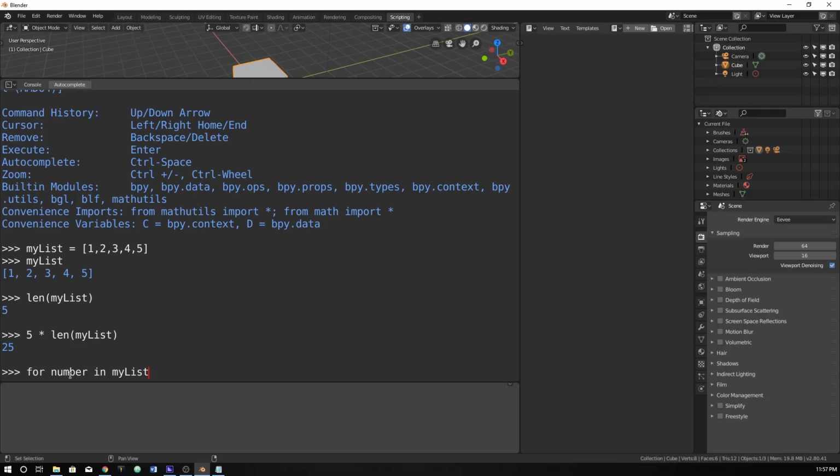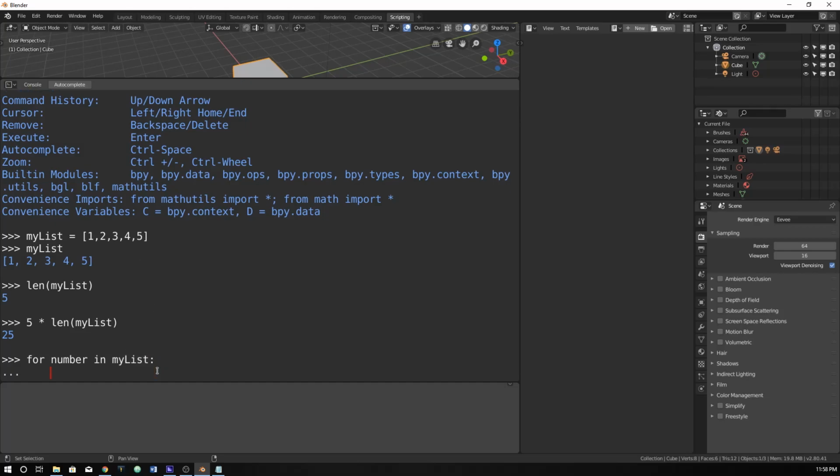We're just saying there is going to be a variable inside of this. So we're going to name this number, each one of these numbers, and it's going to increment and go to the next one every time in my list until it reaches the end. So I'm going to put a colon there, and it indented because Python is indent dependent. And now we are just going to take,